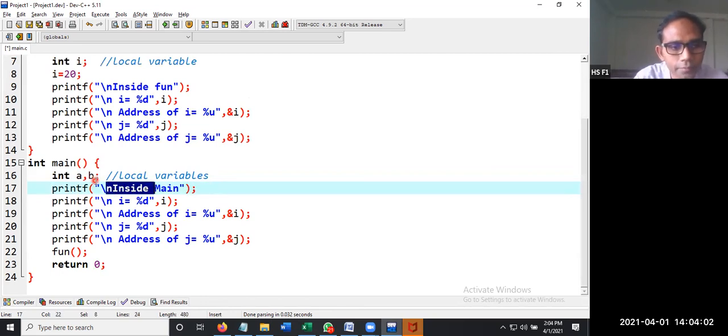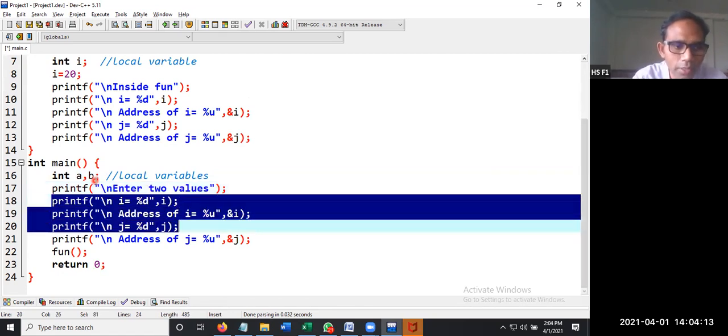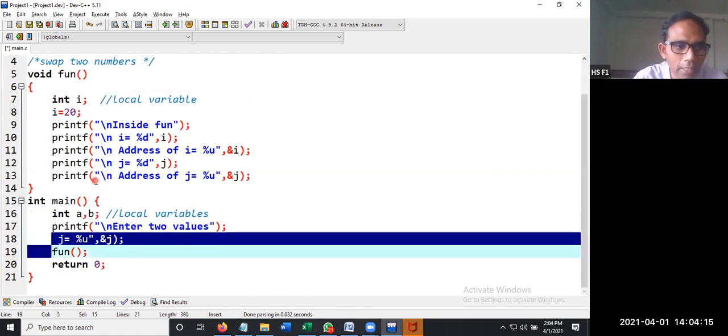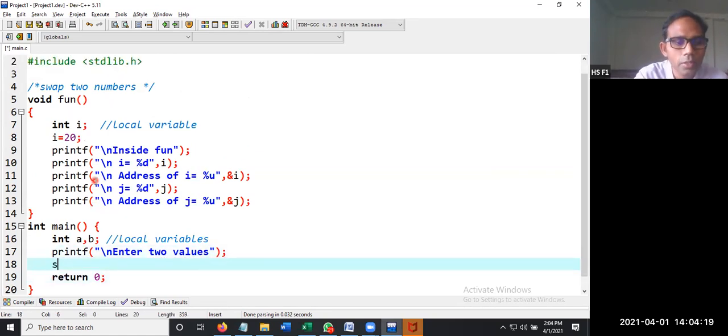Enter two values. Then let us write a scanf. I don't need all this stuff. Let us remove it as of now. We don't need them. So enter two values.